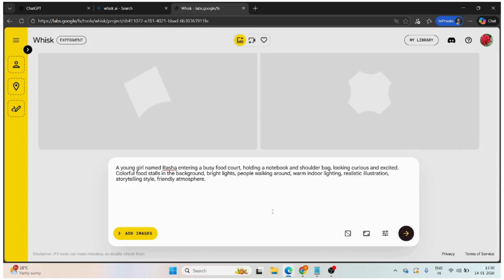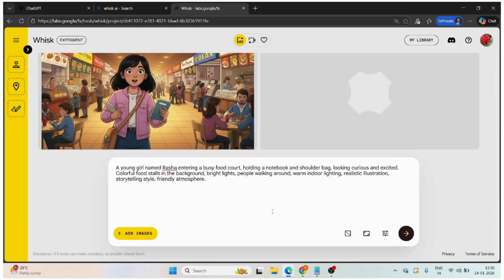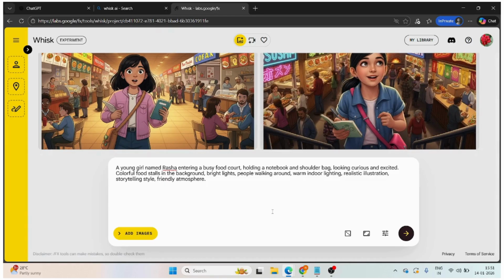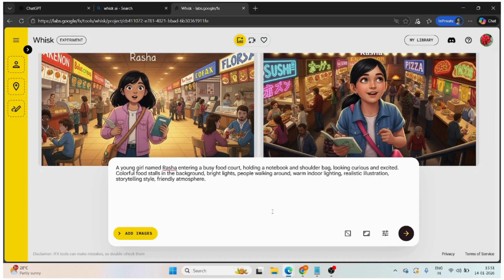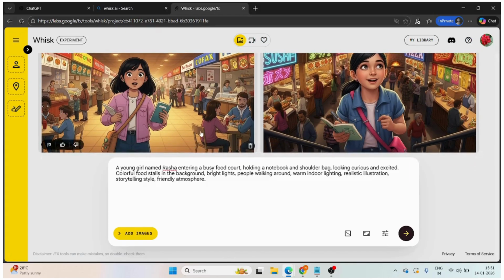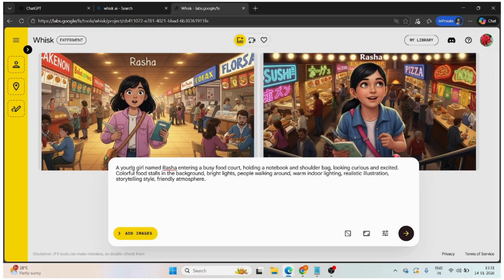Whisk AI will suggest some images based on my content. A young girl named Rasha entering a busy food court holding a notebook and a shoulder bag. You can see in the images, looking curious and excited, with colorful food stalls in the background. Everything is matching in both, but I want the girl to be a bit